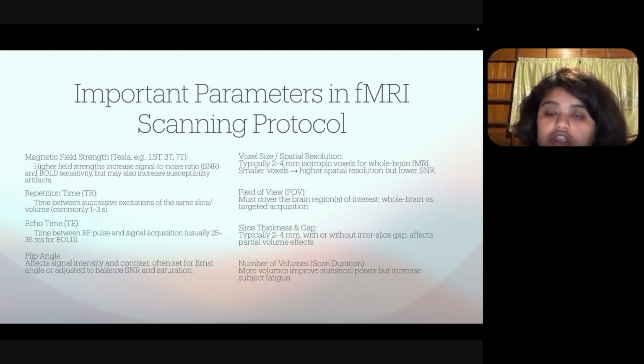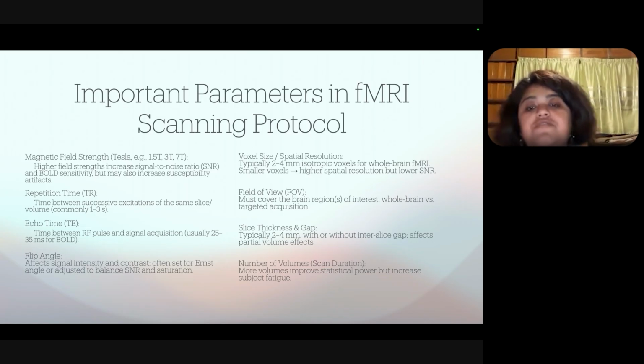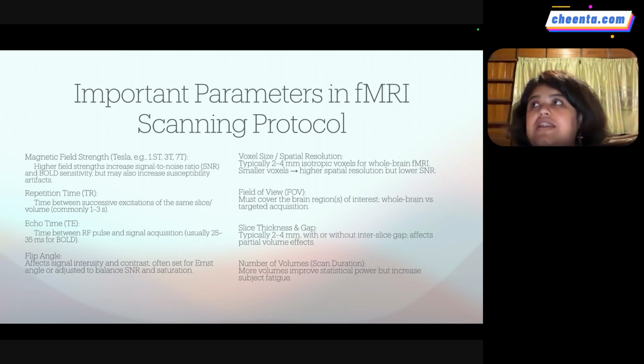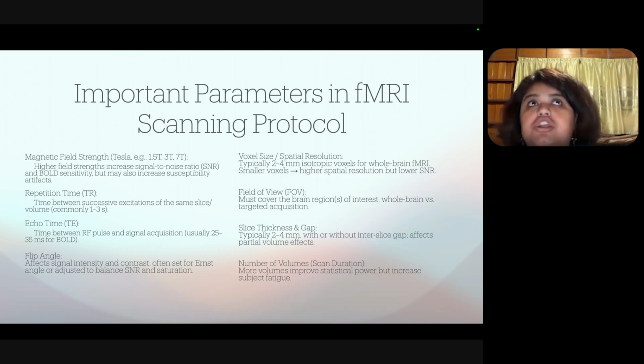Then we have number of volumes. Number of volumes is talking about the brain volumes that are involved in these cases. If you take more volumes, it will improve your statistical power. If you keep a very small number of volumes, it means that you are collecting data for a very small portion of the brain, and it does not really have any validity or reliability. So it's better to collect data for a much larger portion, so that there is less distortion in the signal and less distortion in the white matter tract you are capturing. The more volumes you have, the more your statistical power will become.